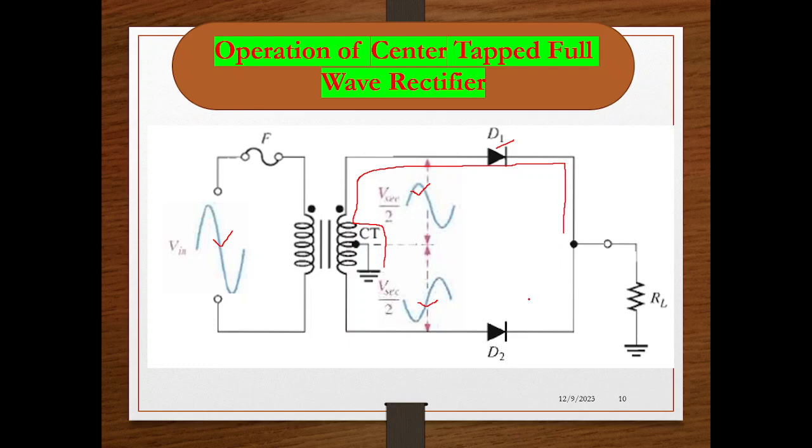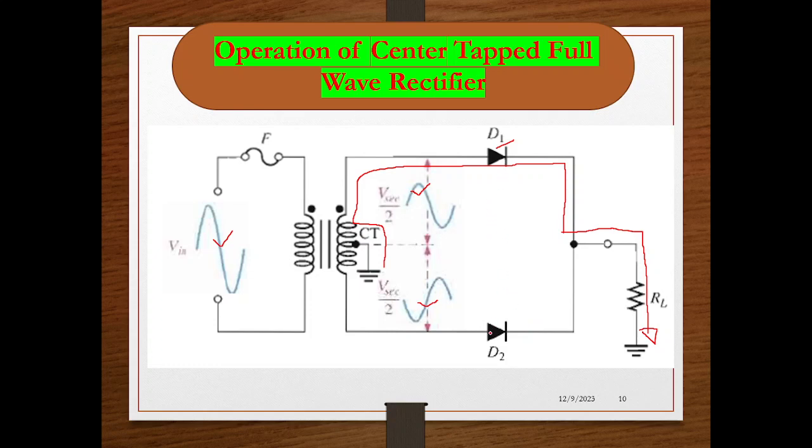So it will not come here. This current, whatever it is, will not come here to become a closed circuit, because this diode is off already. You can observe this negative cycle is applied here, as a part of which this diode is already off. So the only path for the current to flow is to pass through this RL and go to ground. Okay, so this is during the positive cycle, in which diode D1 is getting on